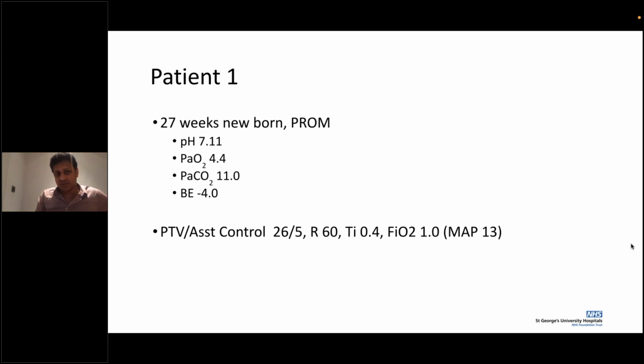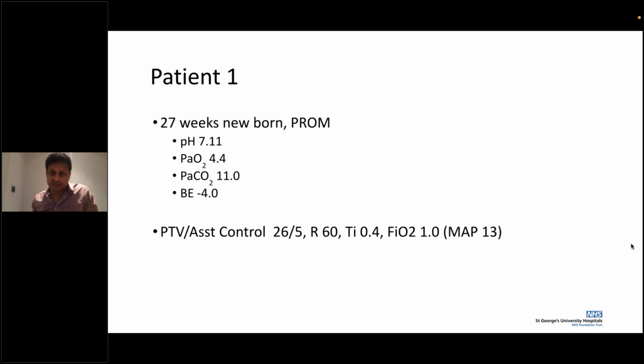So this is a baby where clearly the ventilation strategy is not working. You've decided to change to high frequency. What is the MAP that you're going to set? 15. So we're going to do 15, because we've got an earlier MAP, and that will be a good starting point. What is the frequency you're going to set? 10. That's a good start point. And what is the amplitude that you're going to set? Okay, we've got 45.